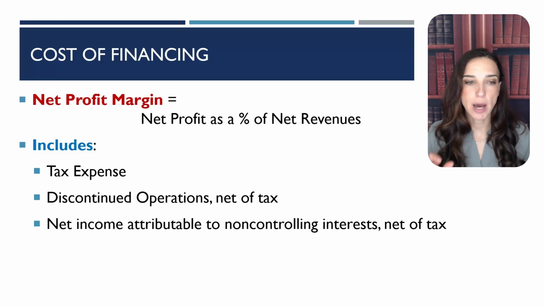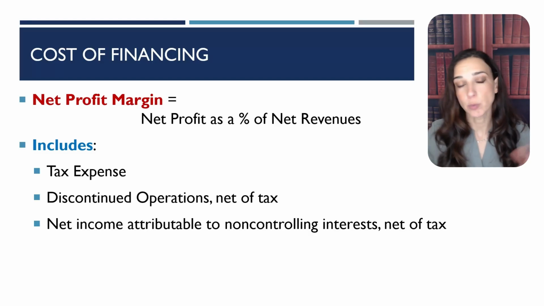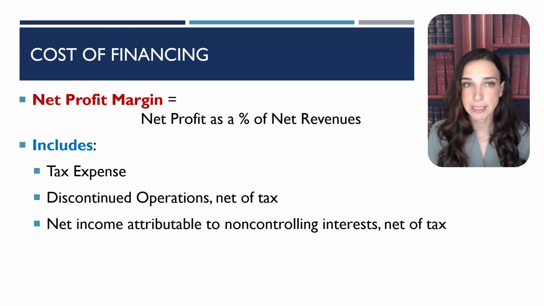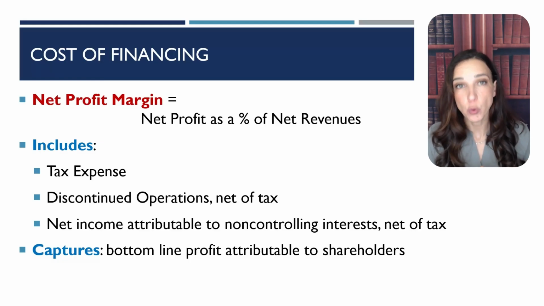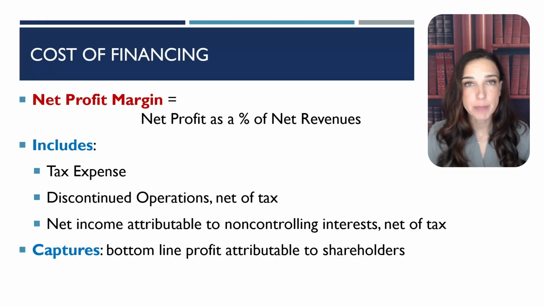And also, if you have net income or net loss that's attributable to non-controlling interest, which is when you have a fully consolidated subsidiary, but you don't actually own 100% of it, that's going to be shown there net of tax as well. Of course, what the net profit margin captures is everything. That is the bottom line profitability out of the sales that you are able to generate to your customers. How much ultimately are you able to keep as profit